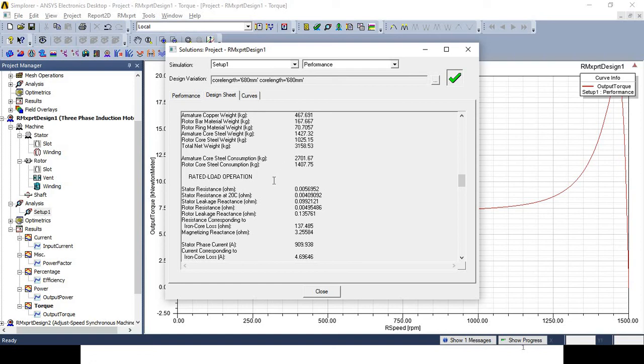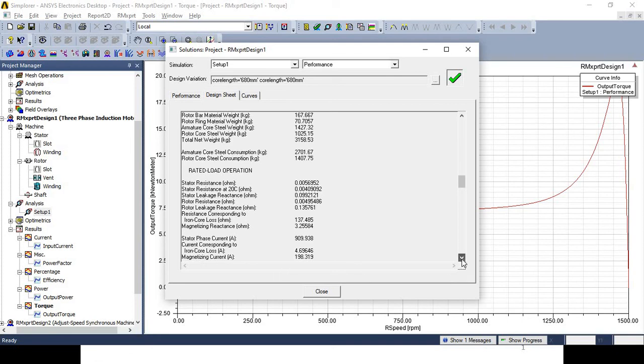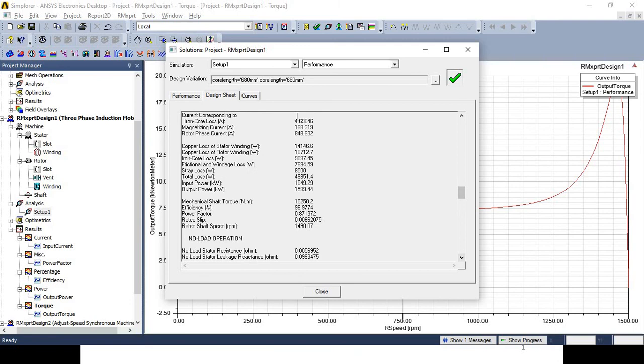Then rated load operation, in which you will get the information about stator resistance in ohm, stator resistance at 20 degrees Celsius in ohm, stator leakage reactance in ohm, rotor resistance in ohm, rotor leakage reactance in ohm, resistance corresponding to iron core loss in ohm, magnetizing reactance in ohm, stator phase current in ampere, current corresponding to iron core loss in ampere, rotor phase current in ampere, copper loss of the stator winding in watt,